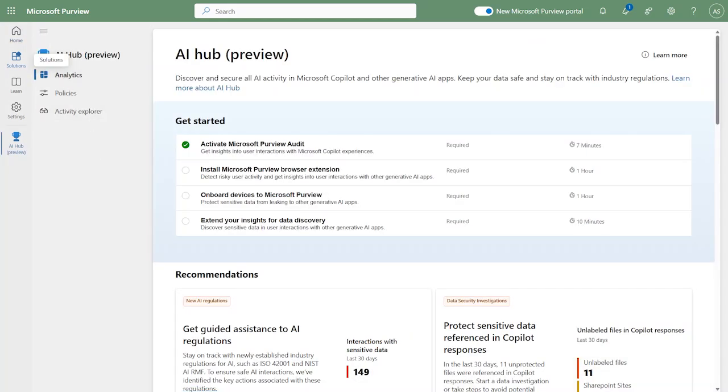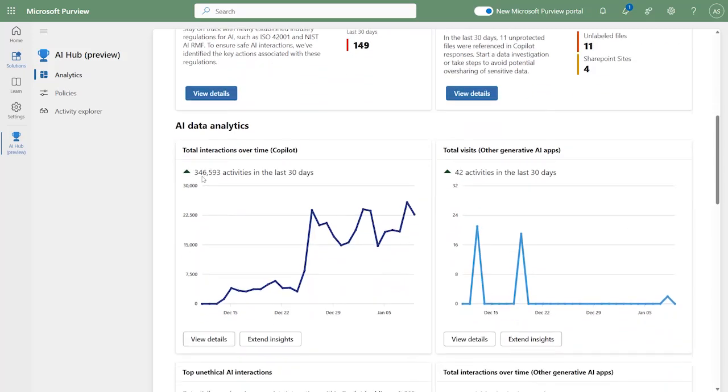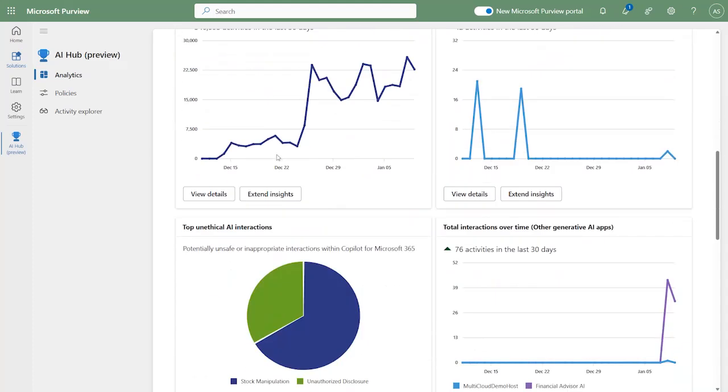And then you'll notice that there are 3 tabs. There's the Analytics tab, the Policies tab, and the Activity Explorer tab. On the Analytics page, you'll get to see all the different recommendations that you can apply to your Copilot, and you'll see the data and analytics for the number of interactions and visits to your Copilot.